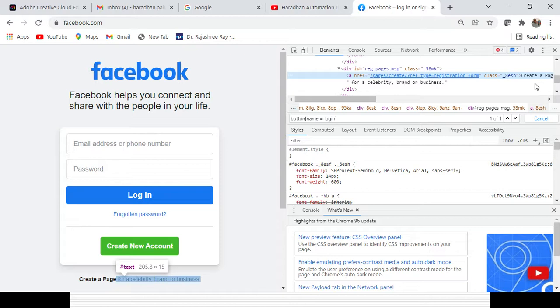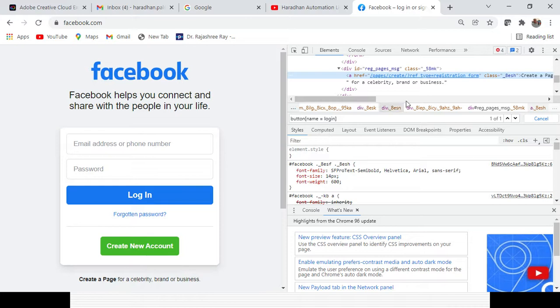If you give that text completely, every time it will change and it will not be able to identify the element uniquely. So you should use partial link text. Even for big text, you can use partial link text. In case the text is very big, or some component of the link text is fixed and some is dynamic and changes every time, you can go for the static component, the partial link text. Otherwise you can use link text, where you need to use the full text of the link.